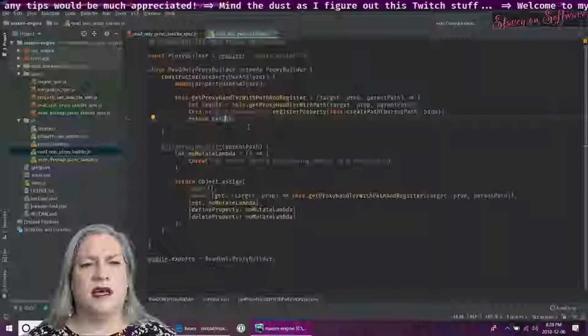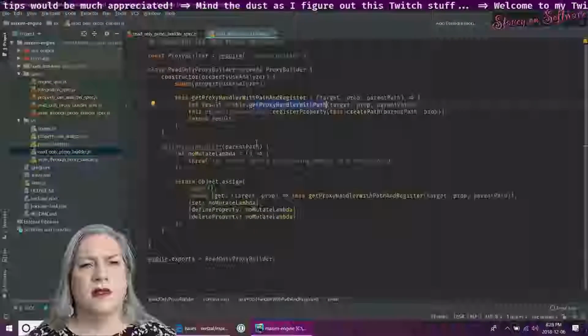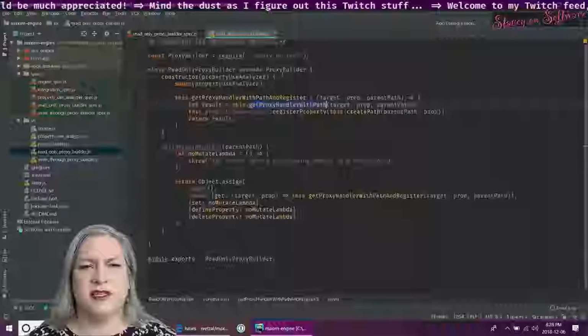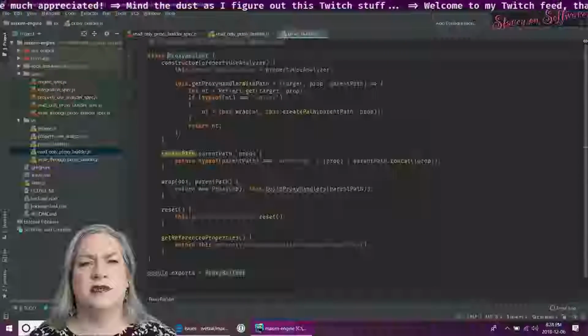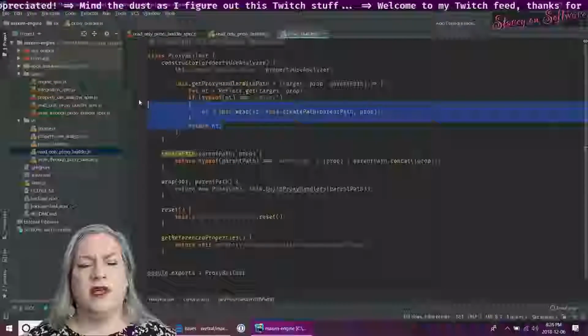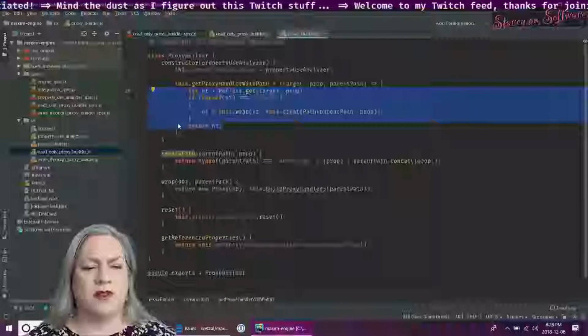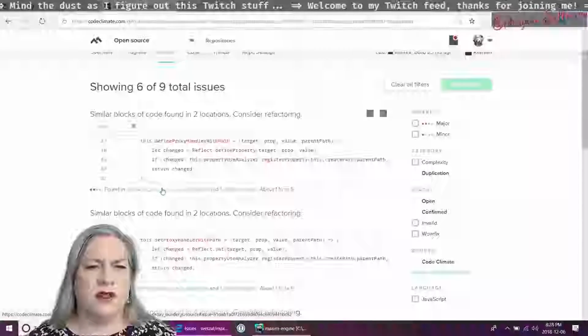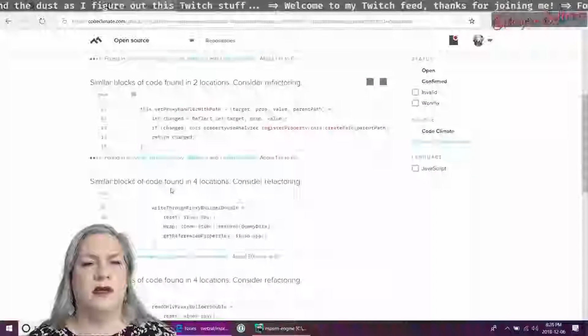It uses this get proxy handler with path that is set up in the superclass here, and so they don't trigger too much in Code Climate, I don't think. Code Climate's mostly complaining about the write-through proxy builder.